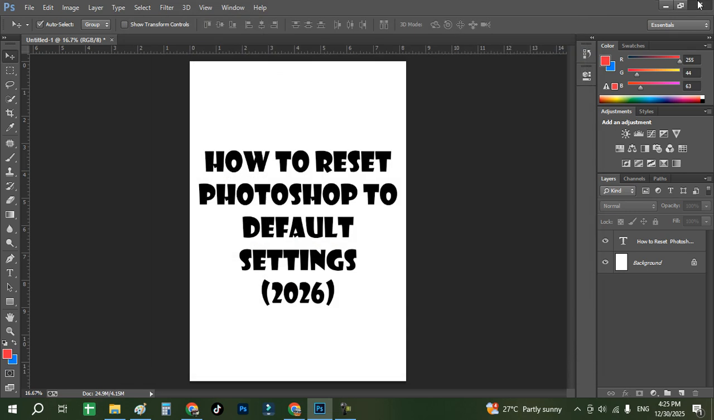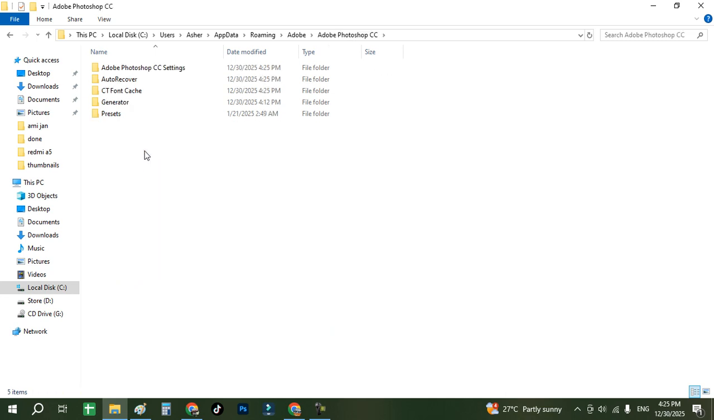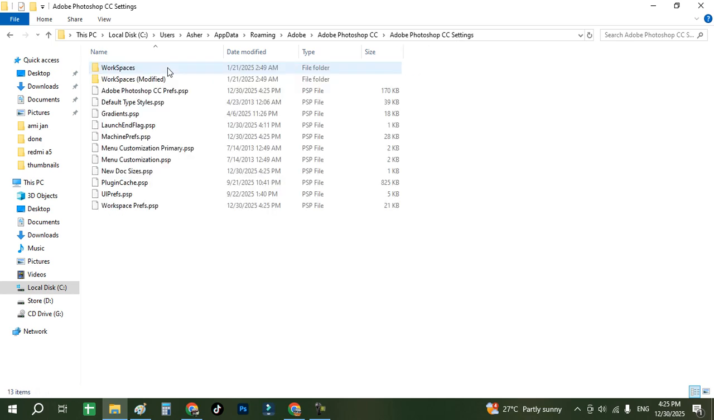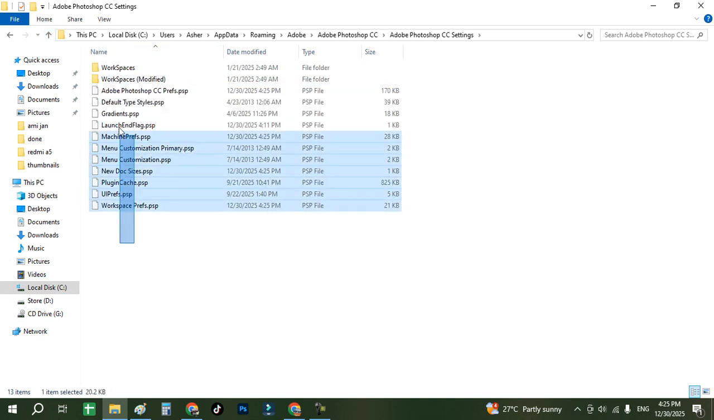close Photoshop and then go to your version. Now from here you will see Adobe Photoshop CC Settings. If you open it, you will see all the settings. Now simply delete all these,